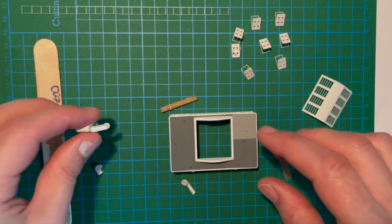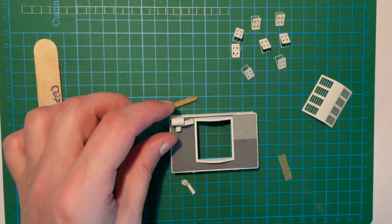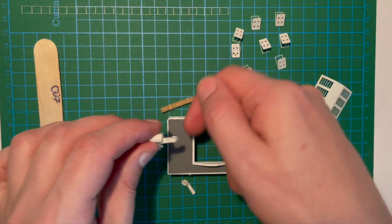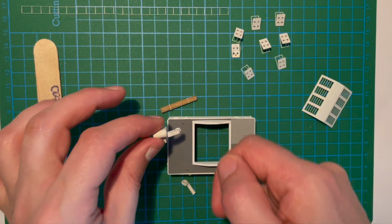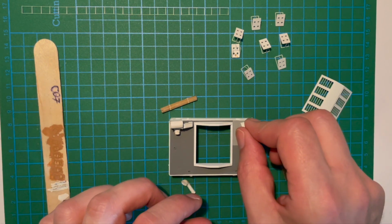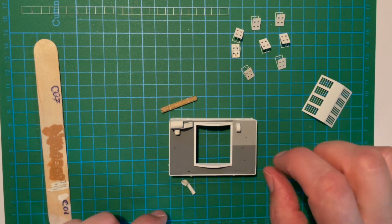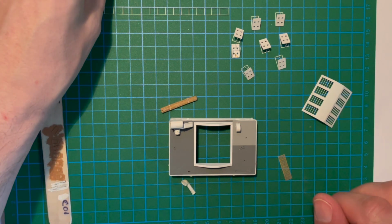And then I've got this piece. I think that goes over there. I'm not going to glue this piece in yet though, because some piping from the funnels has to go along here. And it might be a lot easier once I get around to putting that in and sitting that on top. And then this little piece I think goes over here somewhere. And then we've got two little vents that go on top of them, like little outlets. And of course we've got our